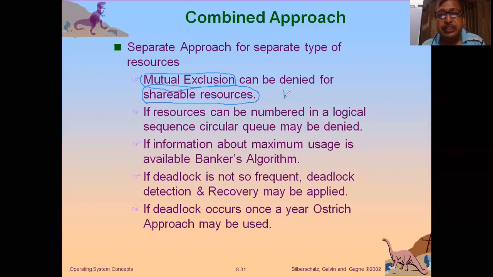I can use deadlock prevention by denying mutual exclusion, because I told you that for a deadlock to happen, four necessary conditions are required simultaneously. One of them is mutual exclusion. If mutual exclusion does not happen, the deadlock will not happen. But unfortunately,